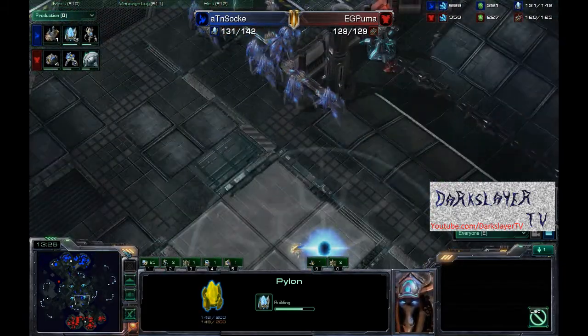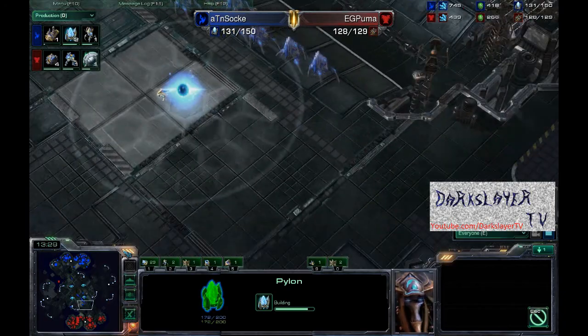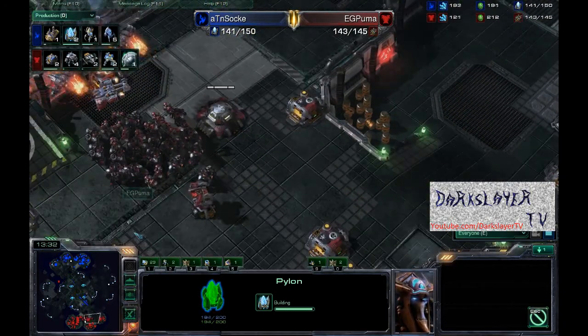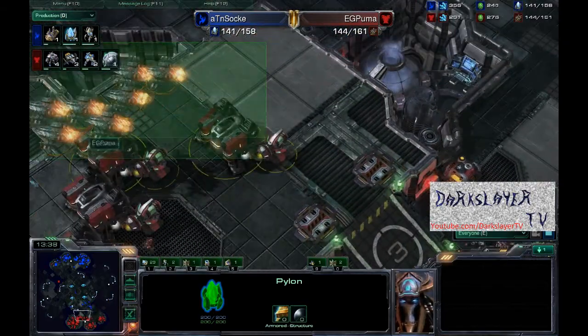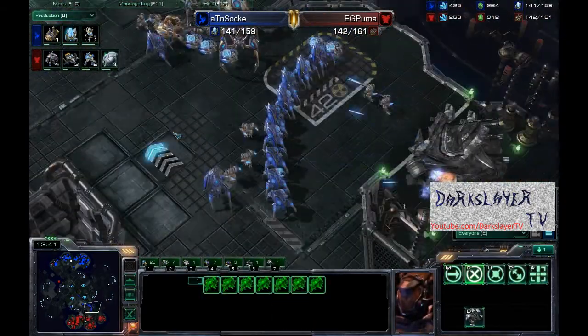However, Puma did leave that Marine there, and he does know it's on the way. How is he going to react to this? He does have the +1 armor on the way. However, if you look at this Terran Deathball, it is gigantic. And look at all of these Vikings on the field going to be able to peck off those Colossus like